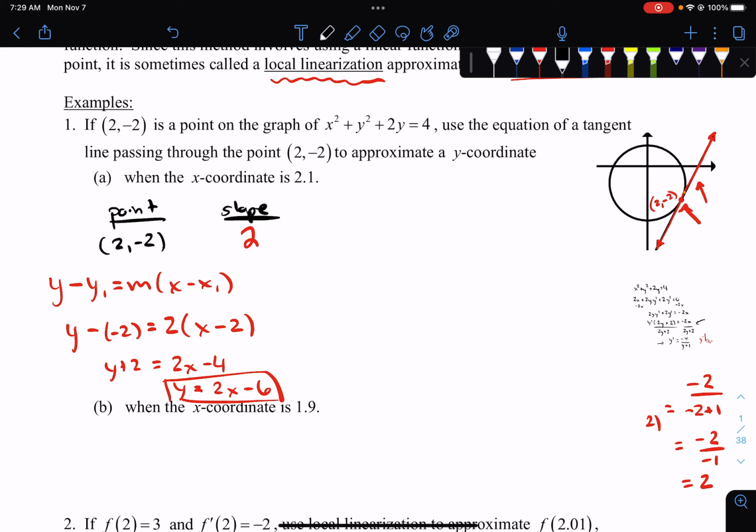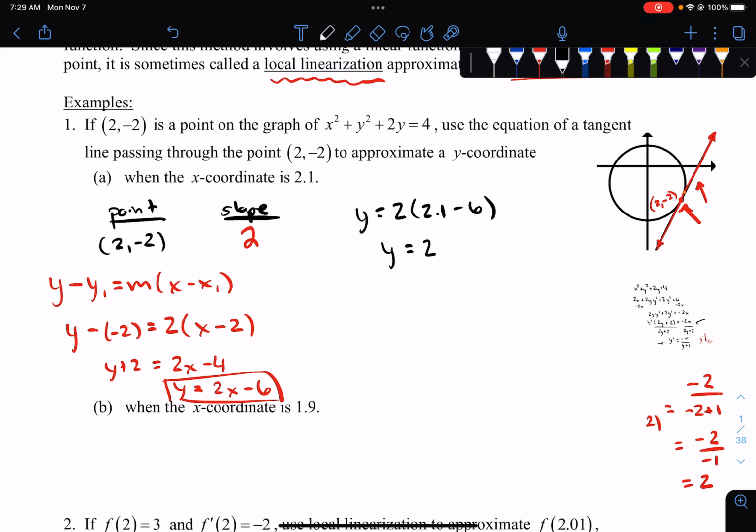Now, I'm not going to get an exact answer, and I'm not looking for an exact answer. I'm looking for an approximation. If I needed an exact answer, this definitely wouldn't work, but I'm just looking for an approximate answer. So I'm going to take y equals 2, and I'm going to plug in 2.1 minus 6. So y equals